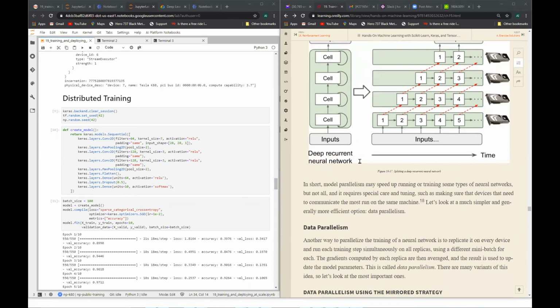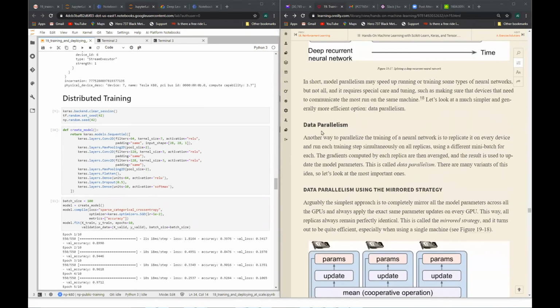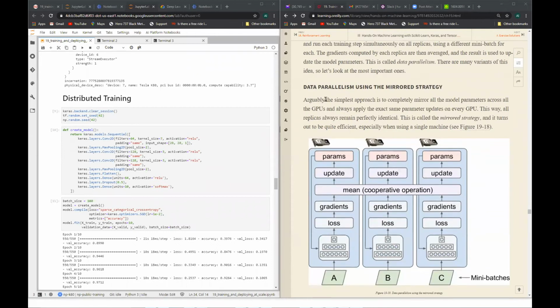So that's for model parallelism. Then the other way is to distribute using data parallelism. This is more usually used. Okay. So in this example is the mirrored strategy,